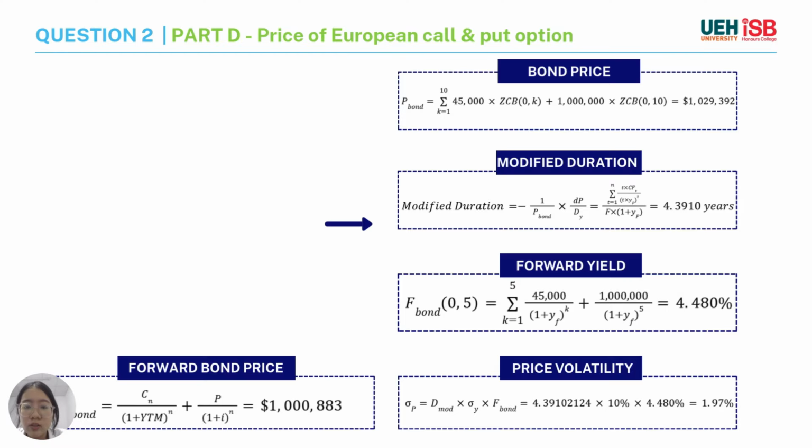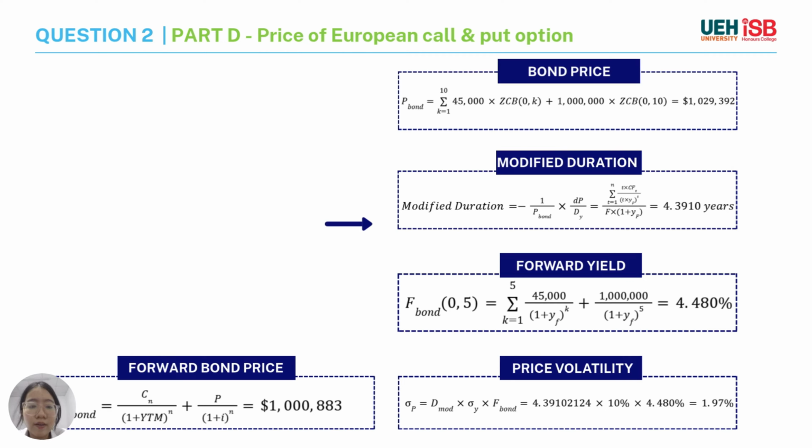The bond price is equal to 1,029,392. We also use a similar formula for the modified duration, which is approximately 4.3 years. The forward yield is 4.480%. The price volatility we base on the modified duration and the yield volatility, so the price volatility of the bond is about 1.97%,